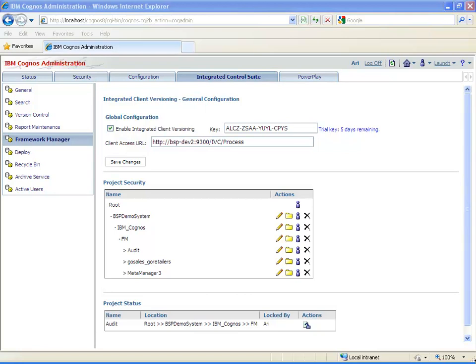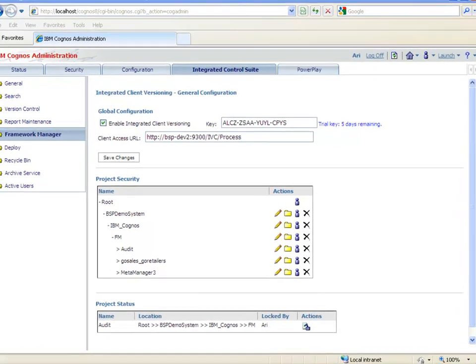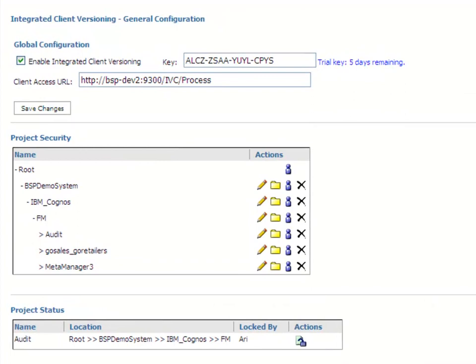Integrated client versioning provides a version control solution for folders and files located on a Windows file system. This functionality is designed specifically for providing a version control solution for Framework Manager and Transformer projects. There are three specific competitive advantages that integrated client versioning has over other generic file-based free or commercial version control